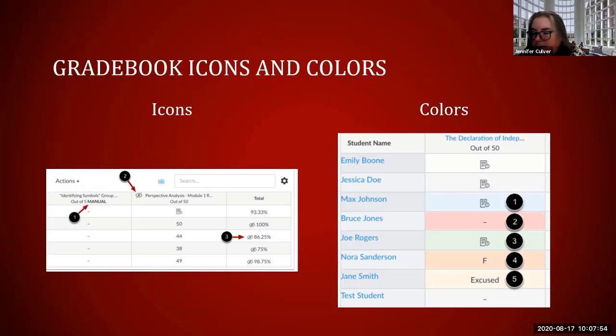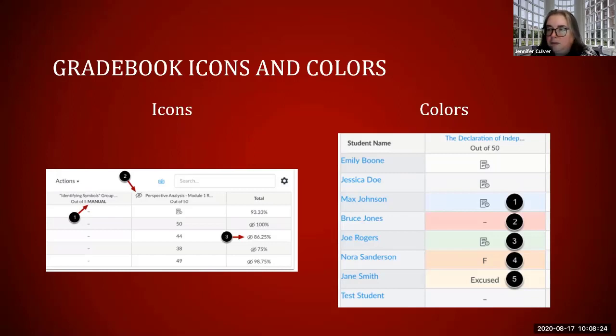And that means that students can't see it. And that is something that you can do in the Canvas Gradebook, if you want to, and I'll show you where in just a minute. You can hide certain assignments until you're done with all of the grading, and then you can decide when to post it and announce to students that those grades have been posted. But you also have all of these colors over here on the right-hand side, and those colors